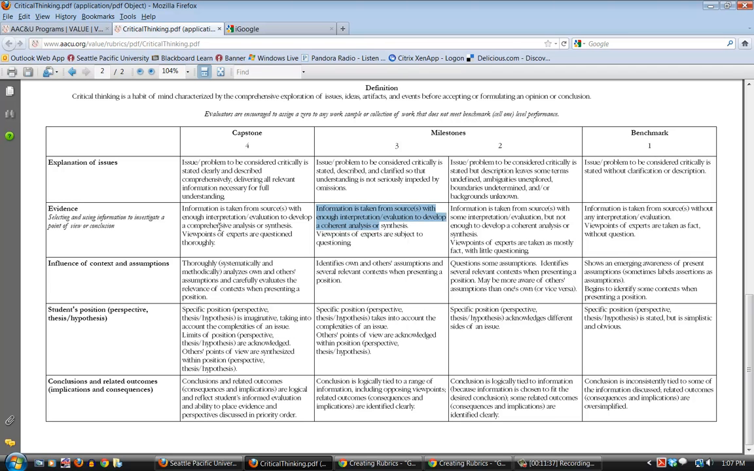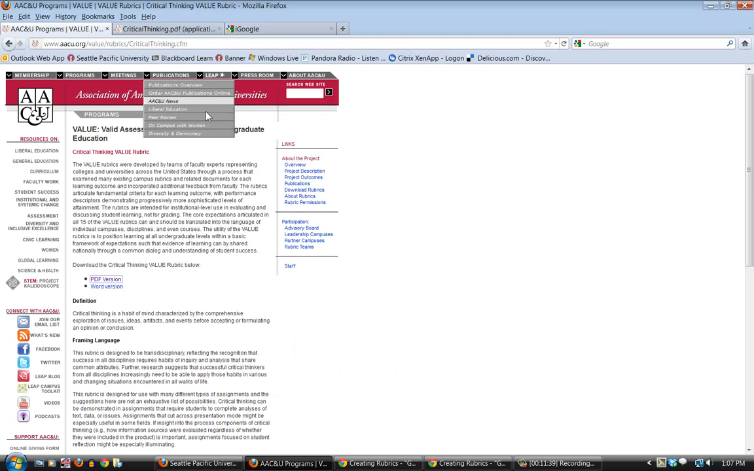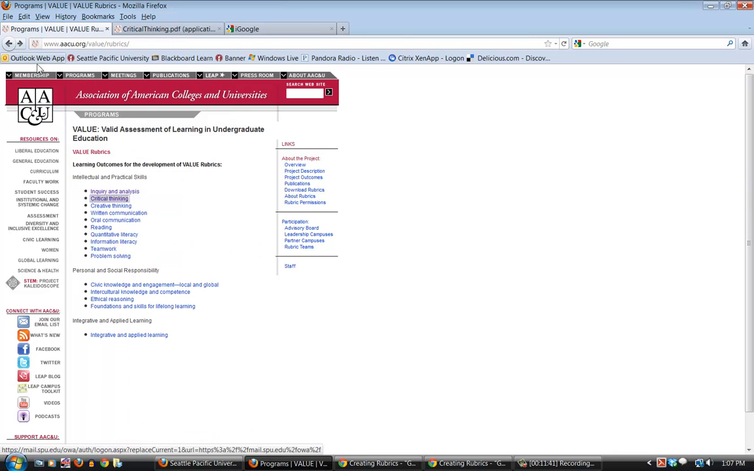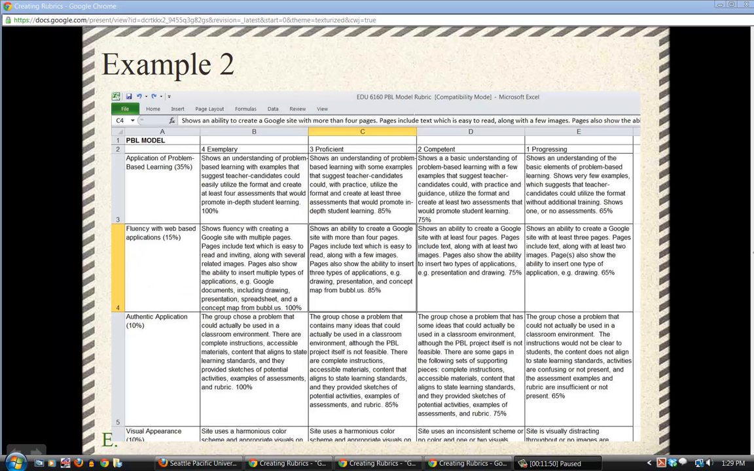I tend to modify a little bit, but at any rate, these VALUE rubrics I think you'll find very insightful and useful. Here's one on written communication, oral communication, reading, and so forth. So I would encourage you to explore those. Here's another example. I used this one to assess students on their understanding of problem-based learning through the creation of